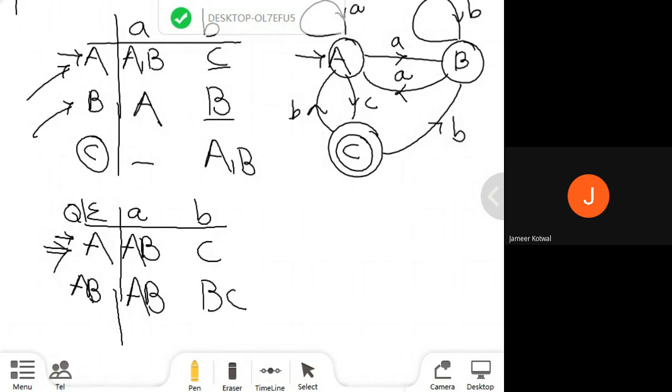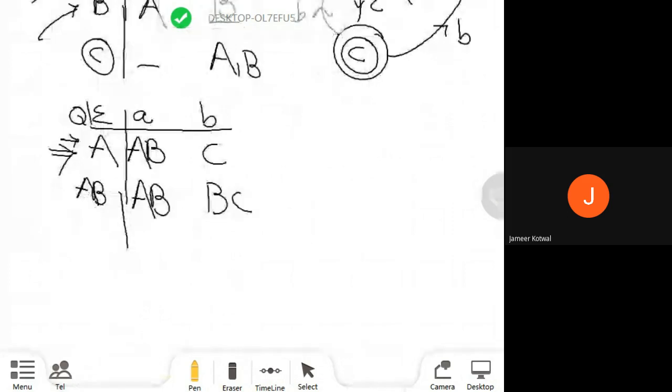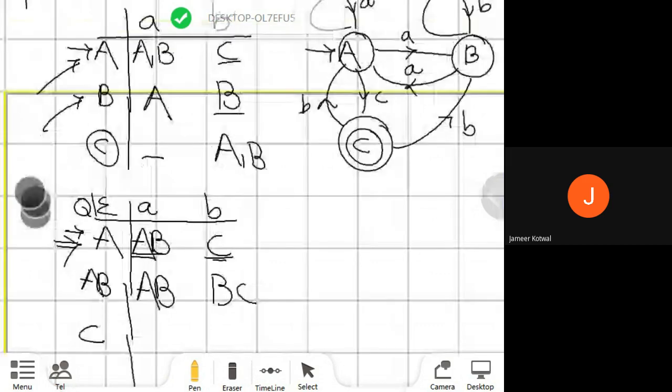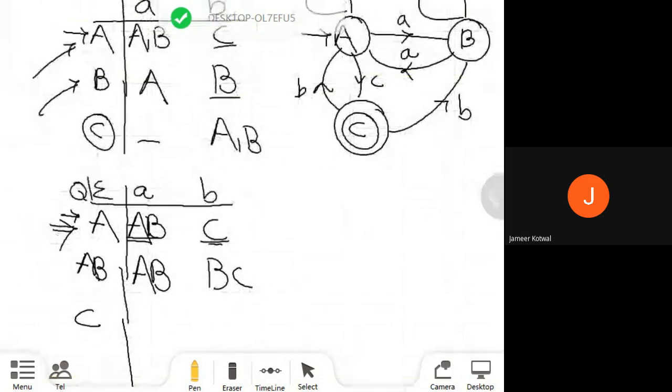Fine. So here we have got a subset BC as well as C. C is also remaining. Now we will expand state C. Step number 1 is complete except C, which remains. Now go for C. In state C, when I process A, where does it reach? Tell me, third year students, quickly. Dead state, fine. It will be a dead state.